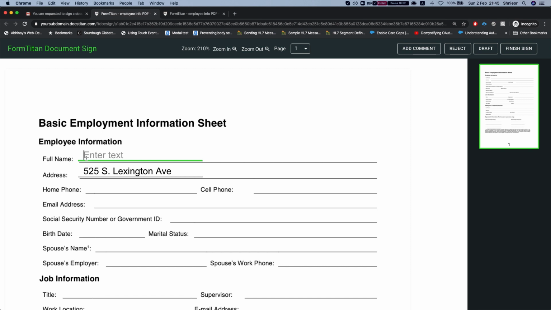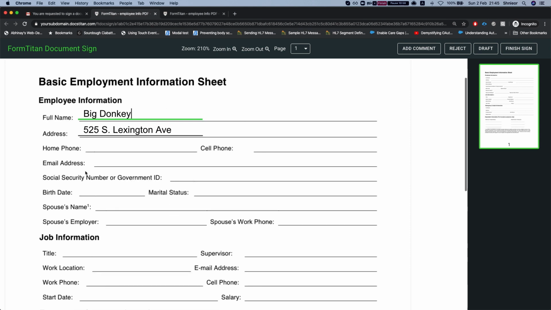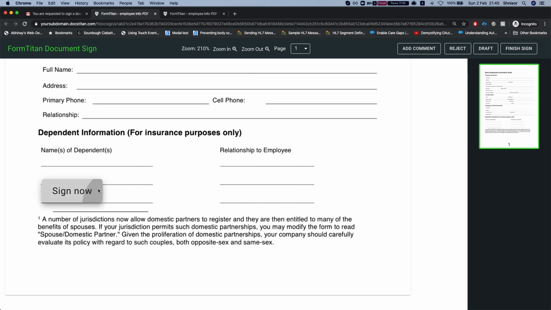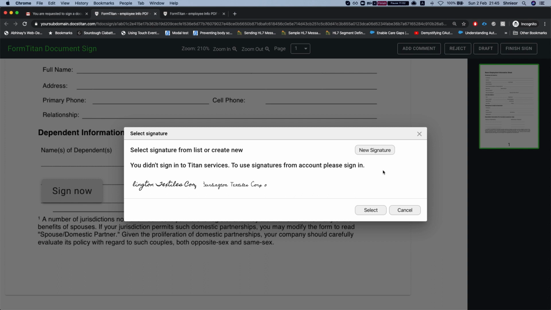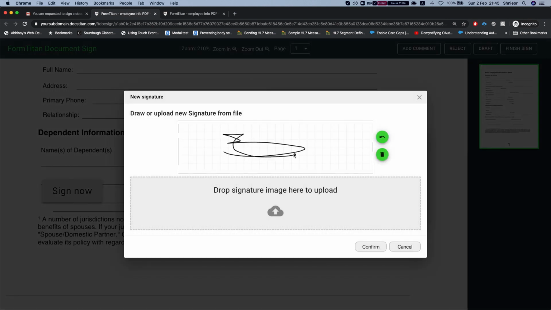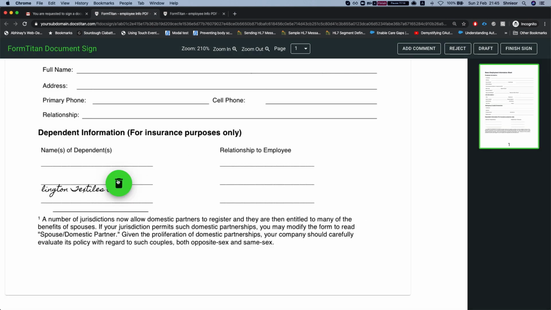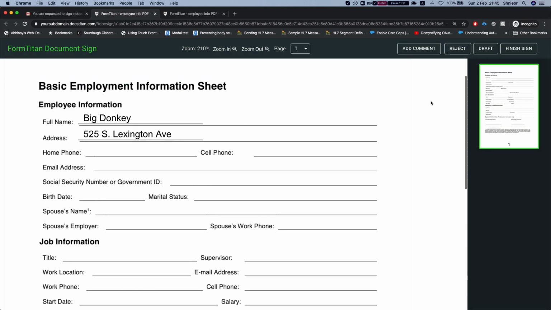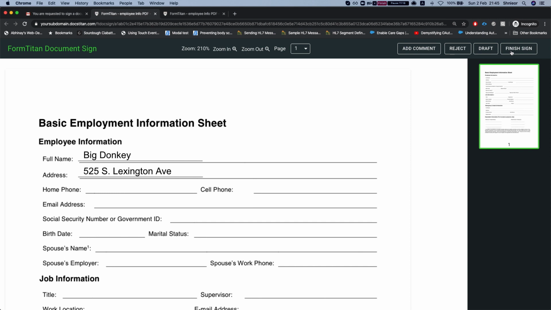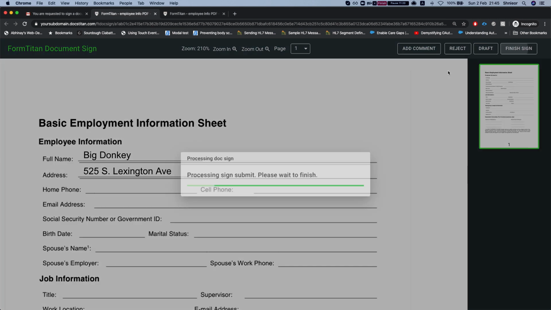So I'm the user now, and I'll say big donkey as the full name, and I'll sign. Let's select, either you create a new signature and you sign it, you can upload an image as well, or you can do something on your name. So this is the account name. I'm just going to select this one, and that's my signature. And you can either reject, draft, or finish sign. Once I hit finish sign,